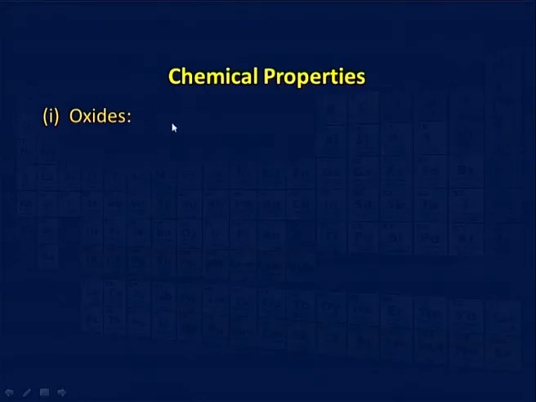Now, oxides are basically formed by reaction with oxygen. As we know, lithium, sodium, potassium and rubidium have a valency of +1 and oxygen has a valency of -2. So, to form a neutral molecule, you need 2 metal atoms and 1 oxygen atom, that is, they can form M2O type of compounds. These are called normal oxides.